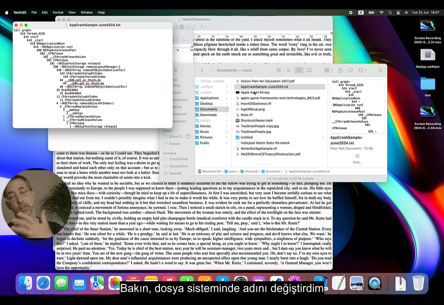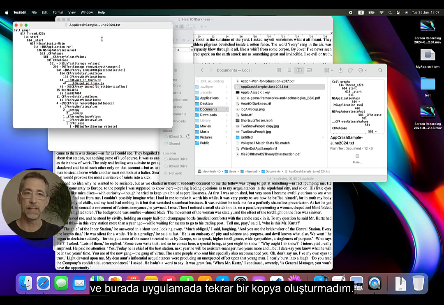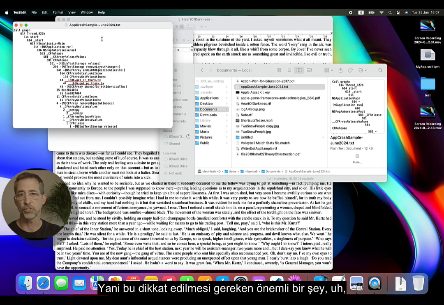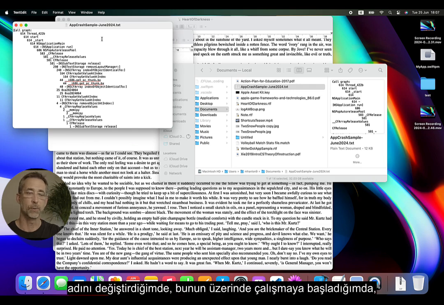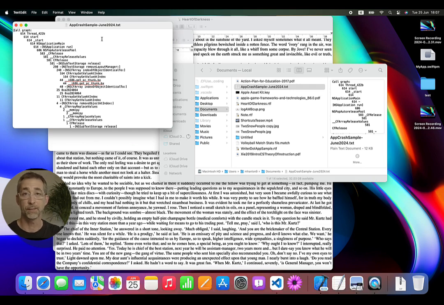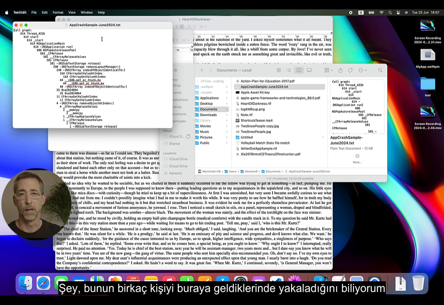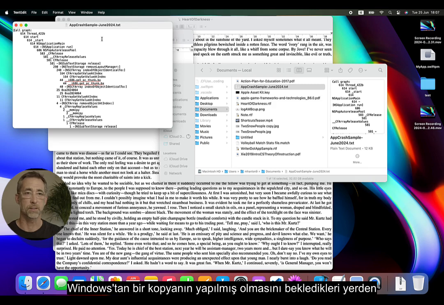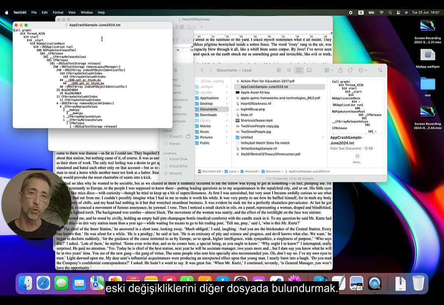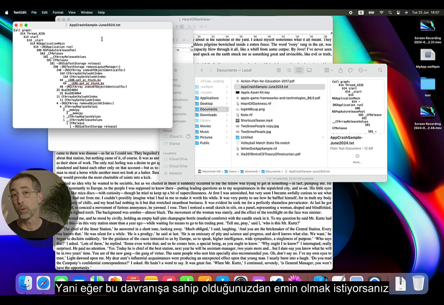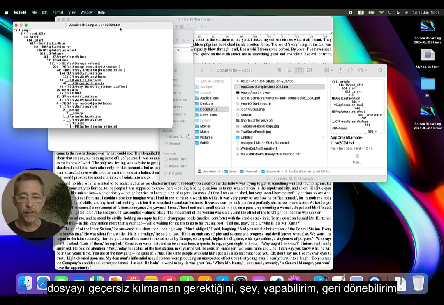You see I've renamed it in the file system and here in the app. I've not created a copy again. So it's just an important thing to note that when I'm renaming it, if I start working on this, it's my one and only copy. I know that catches a few people out when they come over from Windows, where they expect a copy to have been made, so they have their old changes in the other file. So if you want to make sure that you have that behavior, that you don't overwrite the file,